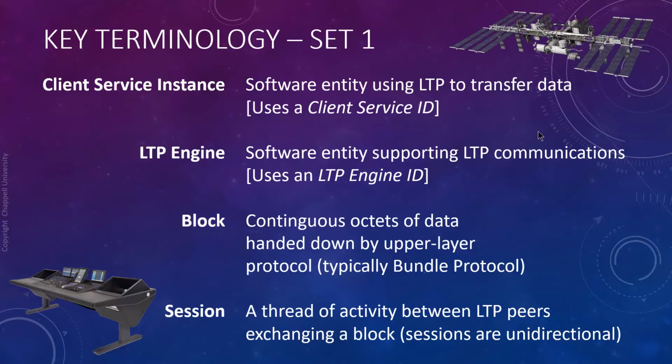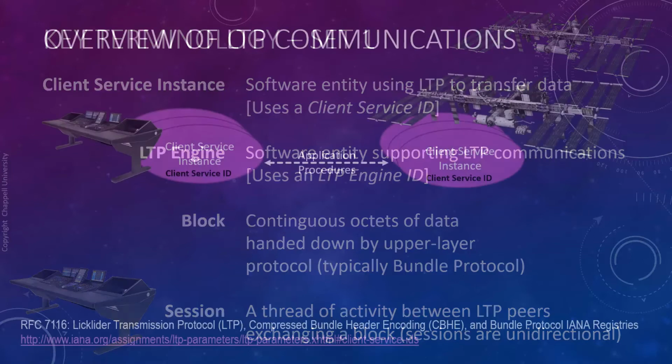Sessions are unidirectional, which means that if that command station, that control panel, is communicating with the International Space Station and it opens up port 55216 to communicate to UDP port 2112, let's say, it will send its data across that port, but it wants to get, let's say, a report back to see, did you receive this information? That report is going to come back on a different set of UDP port numbers, and Wireshark will see it as a different conversation. It's the same session, but it's a different UDP conversation.